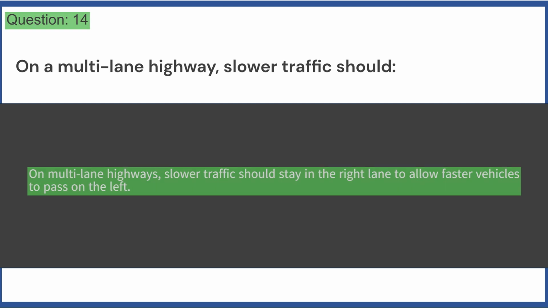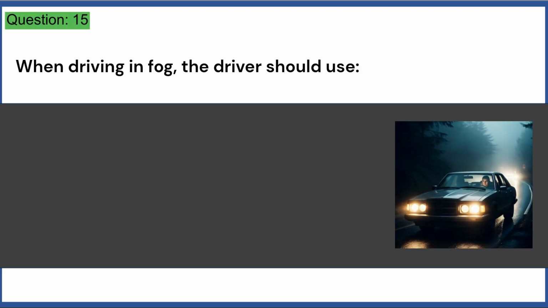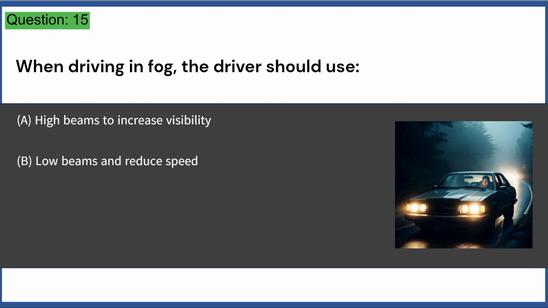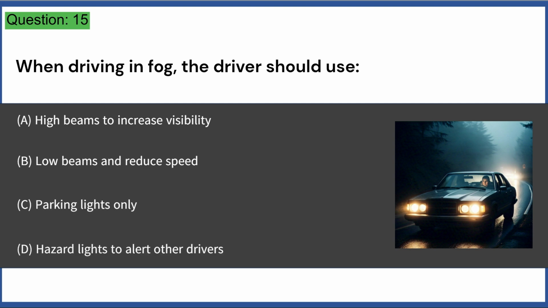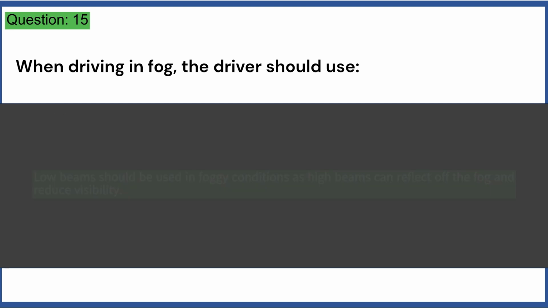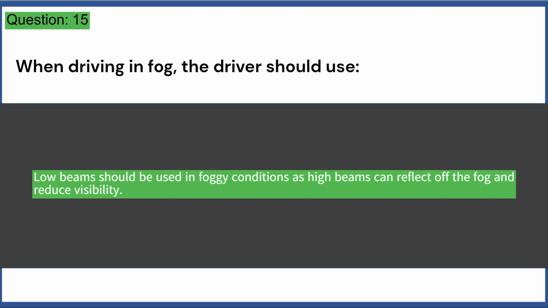the left. When driving in fog, the driver should use: A. High beams to increase visibility. B. Low beams and reduce speed. C. Parking lights only. D. Hazard lights to alert other drivers. Answer: B. Low beams should be used in foggy conditions as high beams can reflect off the fog and reduce